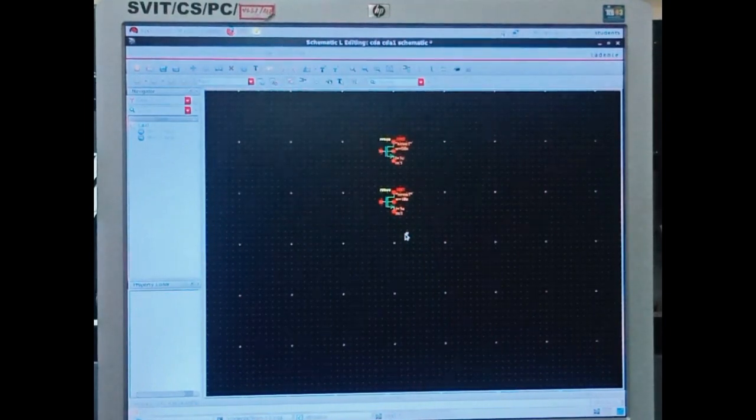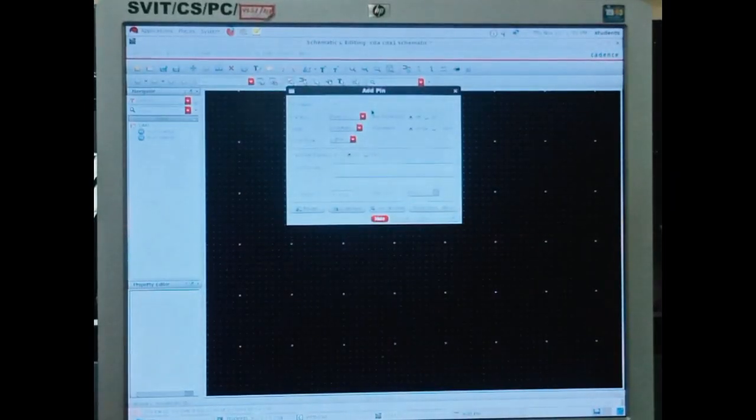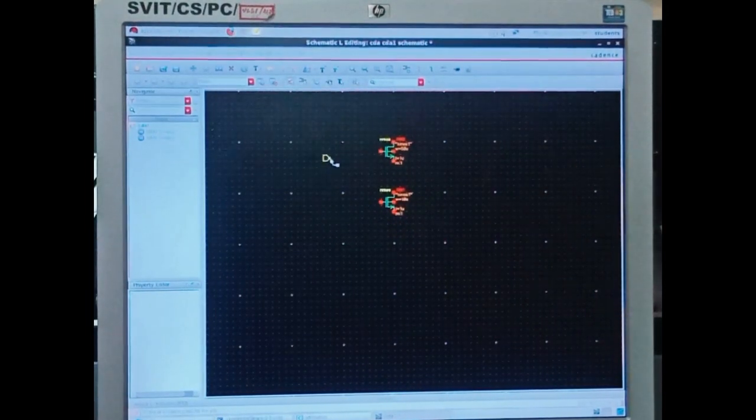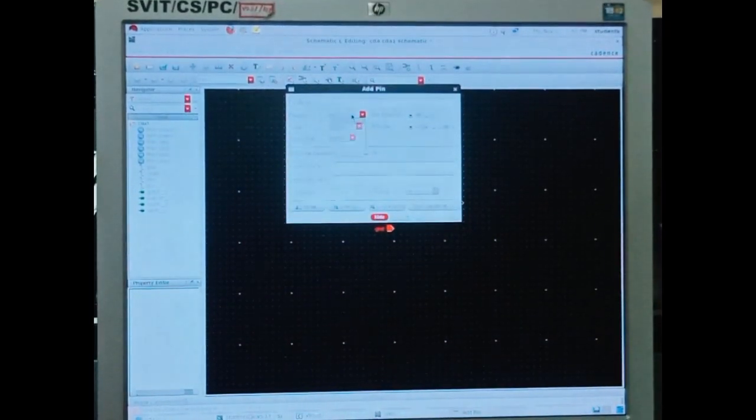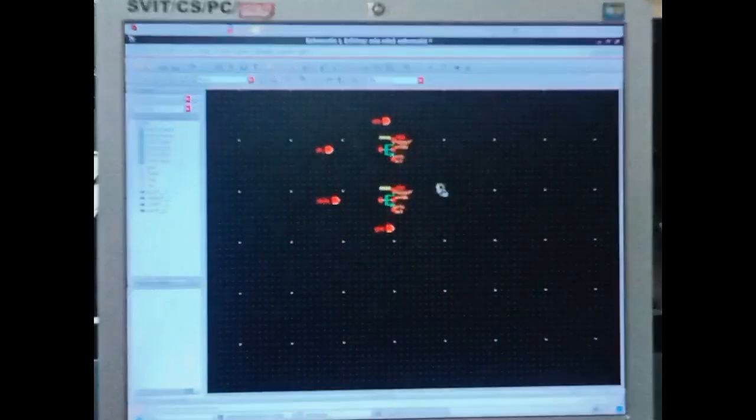Place all the input pins. Press P: Vin, Vbias, VDD, ground. We have 4 input pins. We can give them at a time by giving space in between. Input direction is always input. The first NMOS should be given as Vin, Vbias, VDD, ground. We have one output pin, that is Vout. Press P, Vout. The direction is output. Hit it, place it.